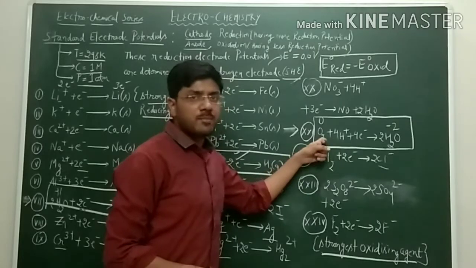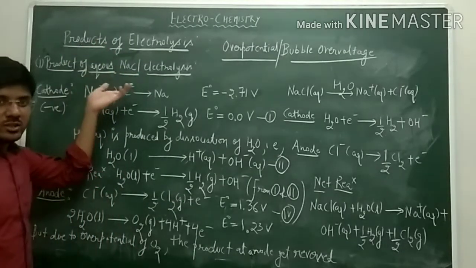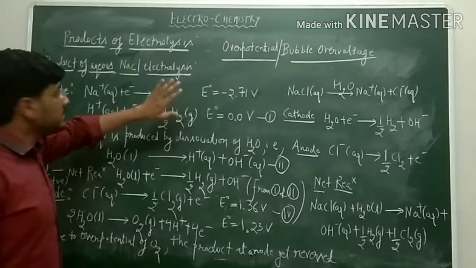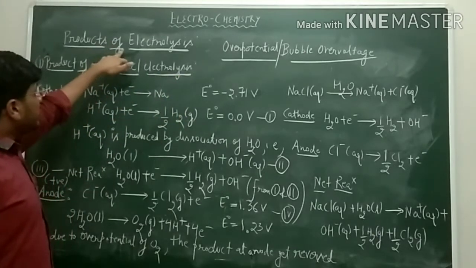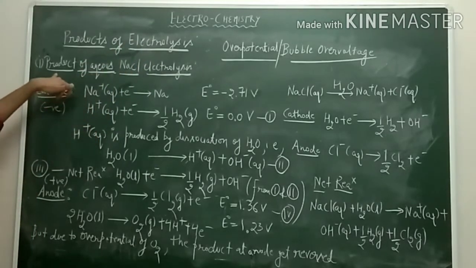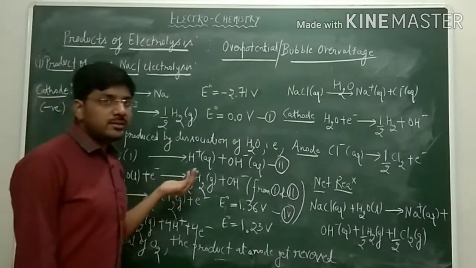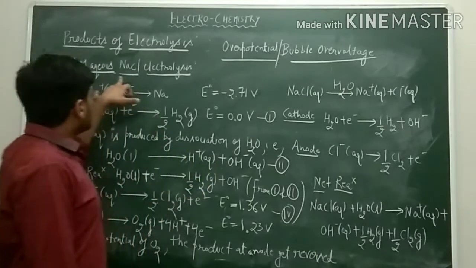This point has to be remembered. Now we will discuss the application of the electrochemical series in determining the products of electrolysis. For example, let us consider the products we will obtain on doing the electrolysis of aqueous NaCl,